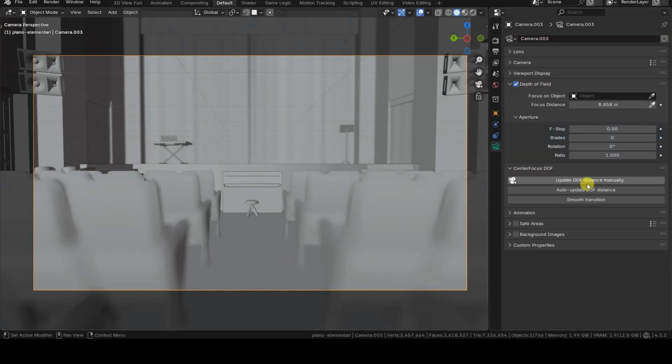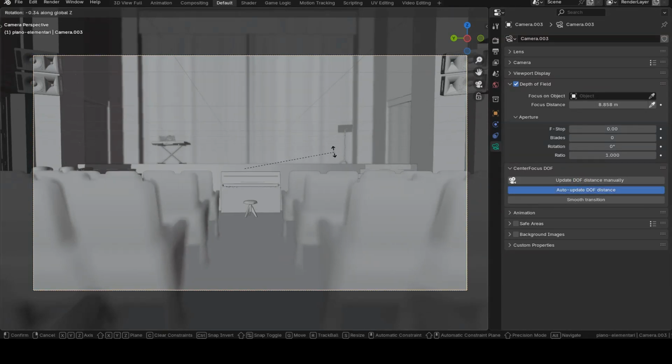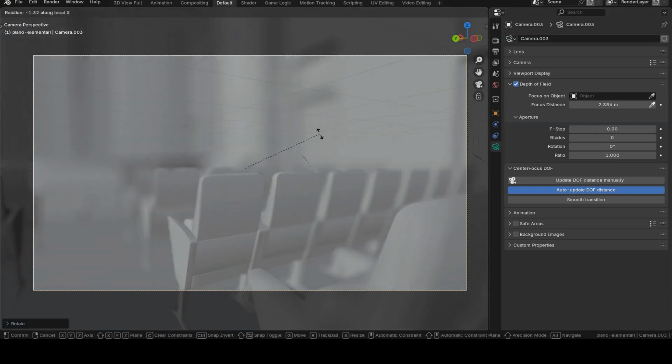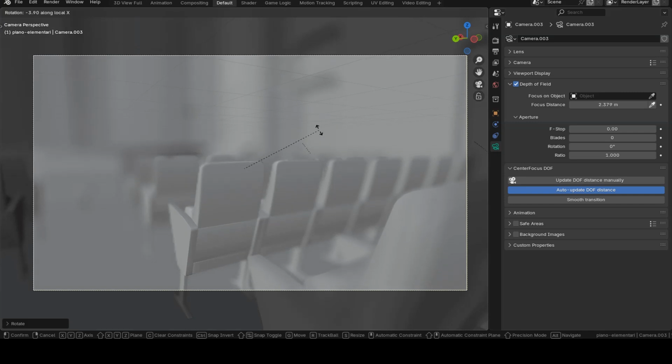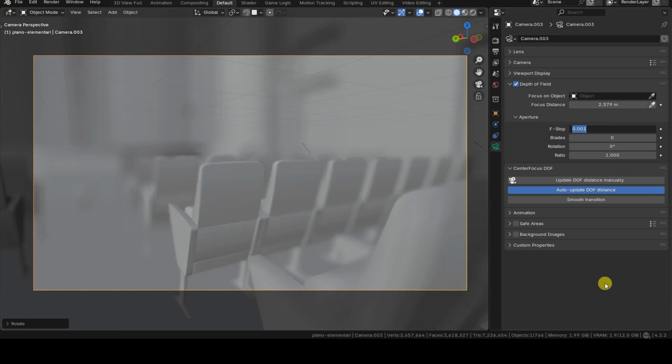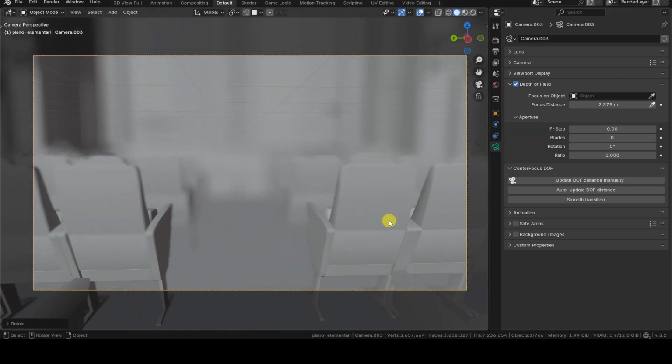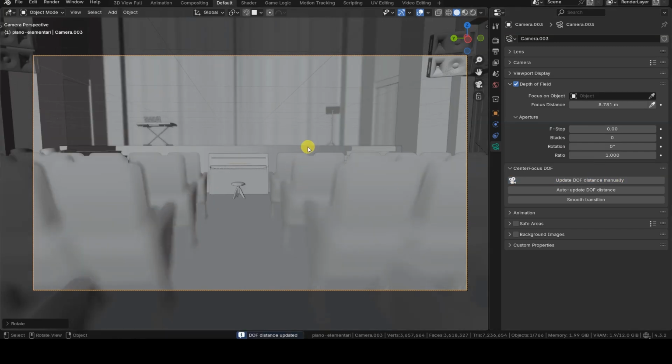Here we can choose whether to let the add-on automatically update the focus distance parameter by enabling the Auto Update DOF Distance option, or disable this option and click the Update DOF Distance manually button whenever we want to update the focus distance value. This can be useful if, for example, you want to use the add-on just to calculate and lock the focus distance without having it change every time the framing or the objects in the scene change.